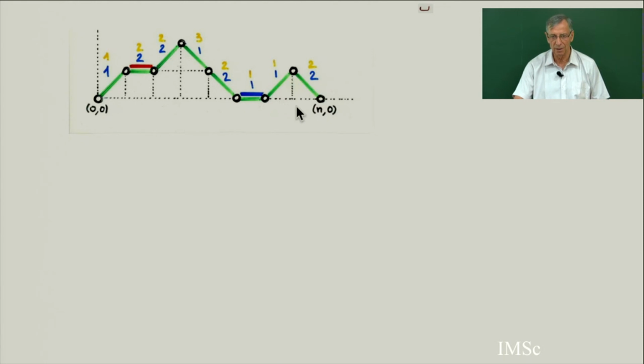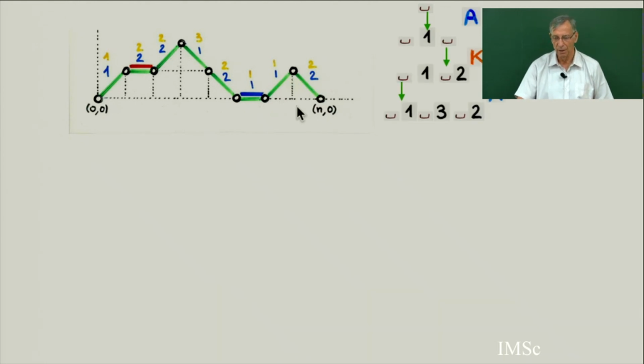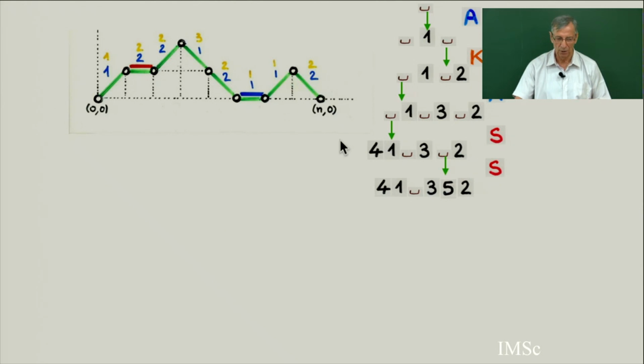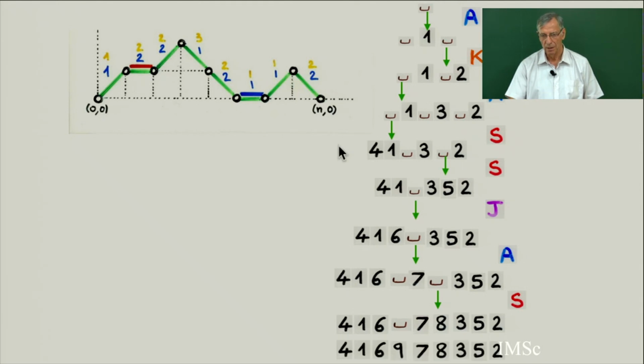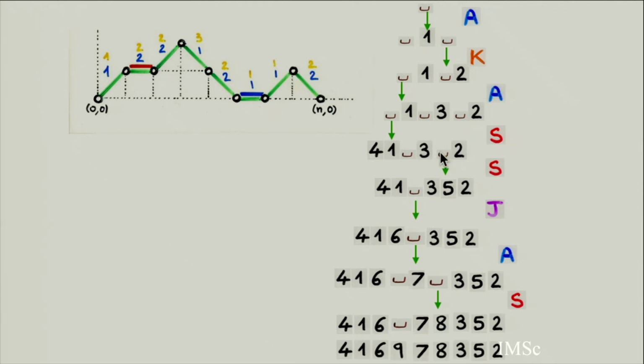And so we have seen that this can be translated into operators. Remember the operators for the representation of the PASEP algebra. There were 4 operators. Each time you are putting a new vertex in some interval, and the blue numbers will tell you which interval you are putting it in. Then when it's A, it corresponds to adding 2 new intervals on the left and the right. When it's S, it corresponds to going down in the path. You don't add any new interval. J or K, you add a new interval on the left or on the right. J and K are related to the blue and red intervals.